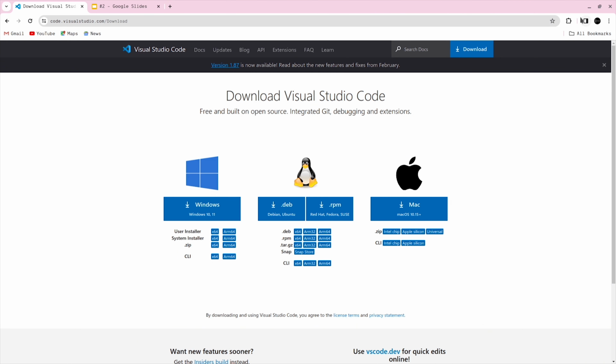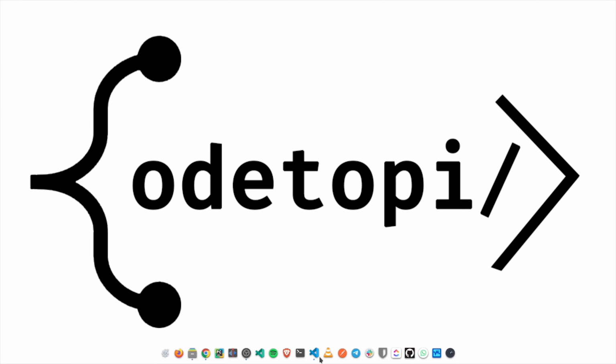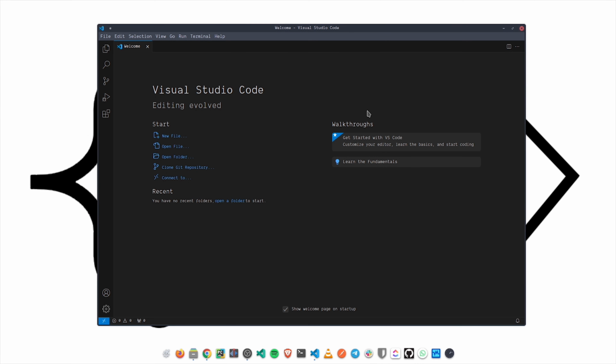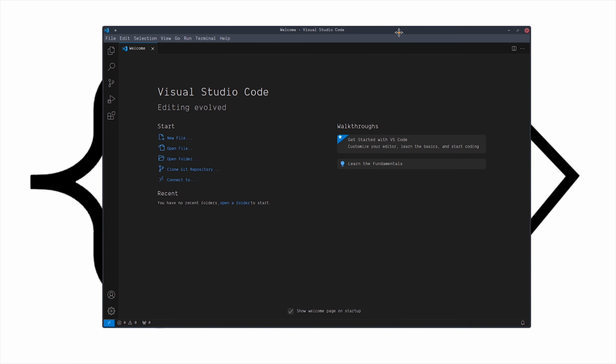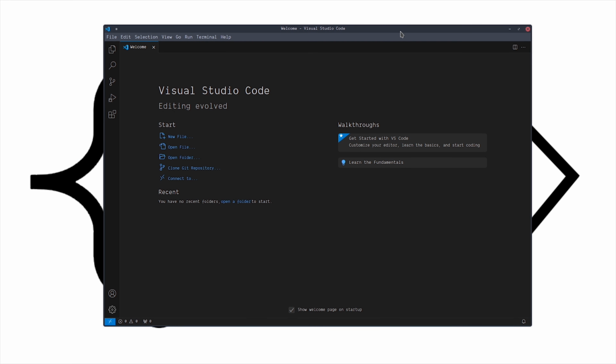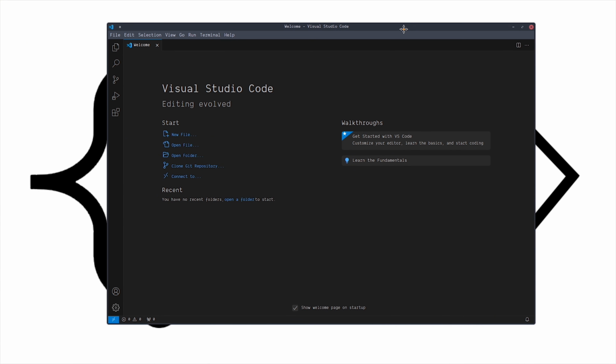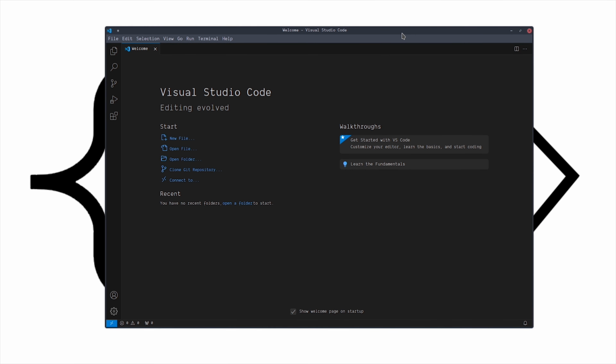after downloading and installing Visual Studio Code, just launch it. So I already have Visual Studio Code installed. So this is my Visual Studio Code. This is what it looks like. And yeah, so congratulations, guys. You've installed Visual Studio Code. So now let's have a look at the next tool or software we need to aid us in our web